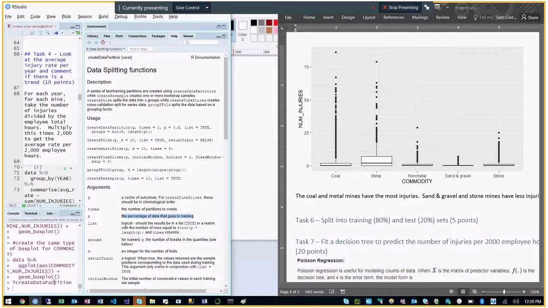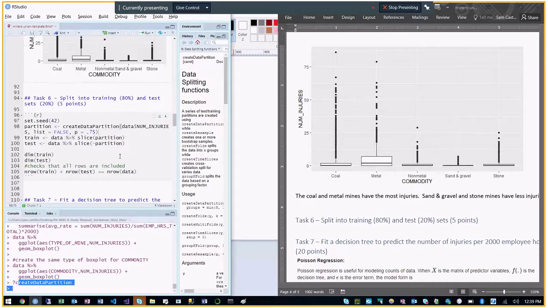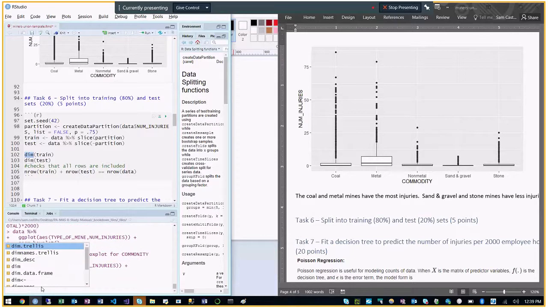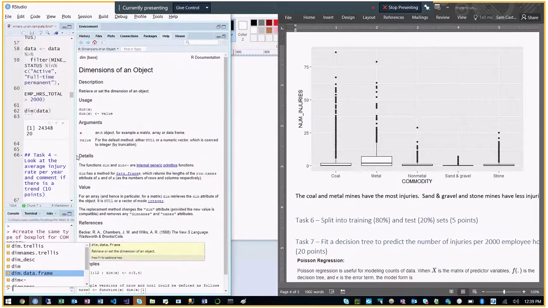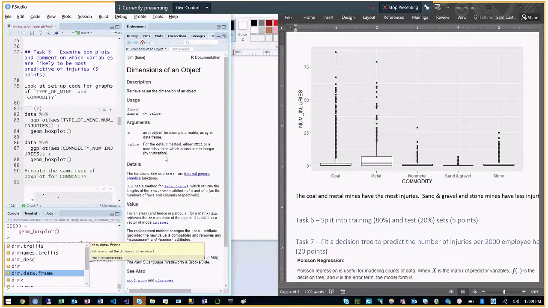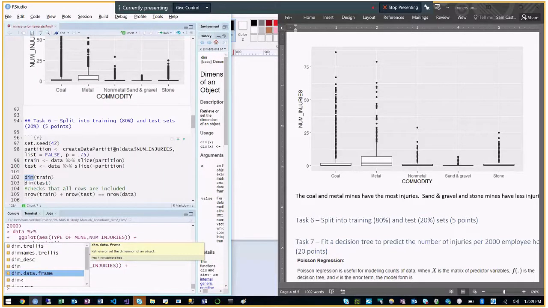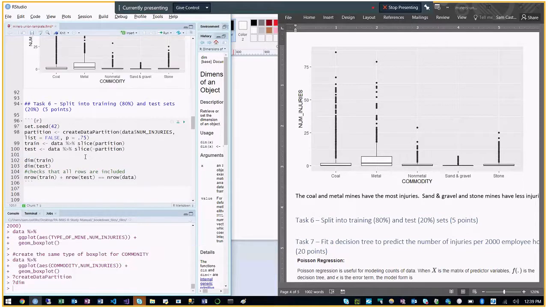So the way I got here, again, is I just typed question mark and then the name of the function that I wanted to see. So if I wanted to see another function, like this dim function, let's say that I didn't know what this did, I would just type question mark dim, and this gives me information on that function. So in general, try to be very skeptical of any code that they give you. In this case, they said p is equal to 0.75, but the actual question asks you to use 0.8. So I'm going to change this to 0.8, and then I'm going to tell the grader that I did that. I noticed